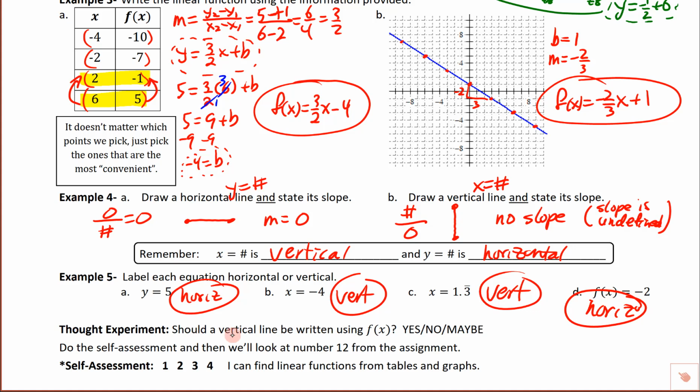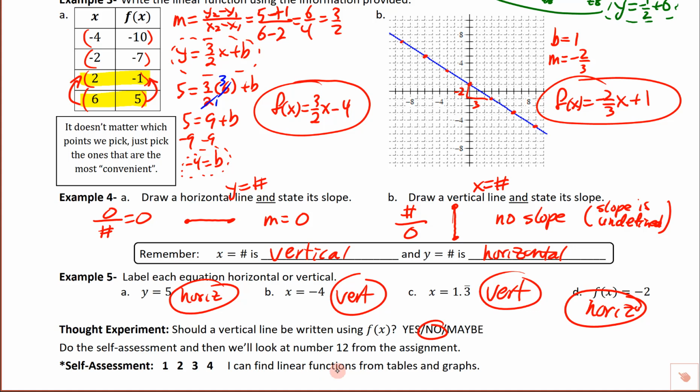And there's a little thought experiment right here. Should a vertical line be written using f of x? So could we write a line that's straight up and down as f of x? So the answer to that is no, and the reason is if it's vertical, if it's straight up and down, it's not even a function, so we probably shouldn't use function notation. So go ahead and do the self-assessment right here, and then we're going to take a look at number 12